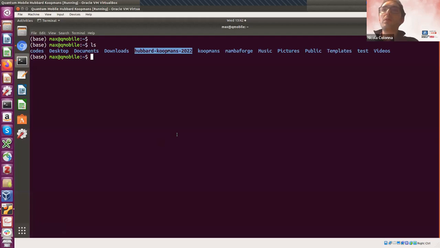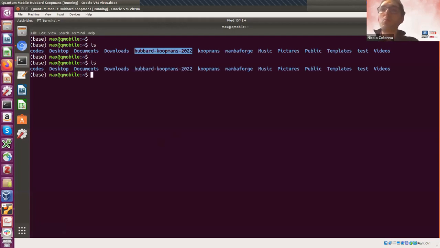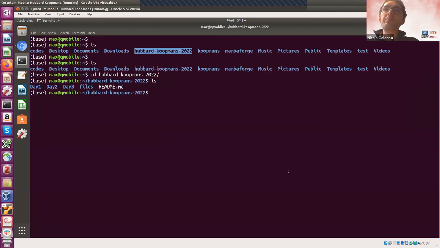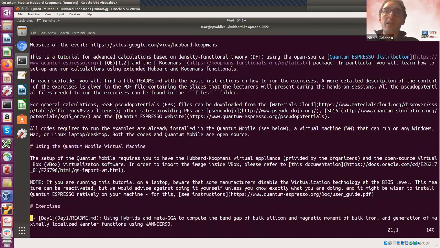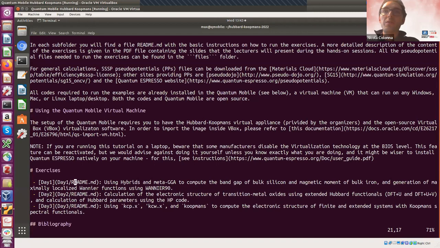So let's go back to the virtual machine. Now I have my Abar Koopman folder. I go into it. I list the content, and you see, first of all, a README file, and this is a very general introduction to this tutorial. This is also what you see on the GitHub repository. It explains essentially what a Quantum Mobile is, what this tutorial is about, and there is a very general explanation of the